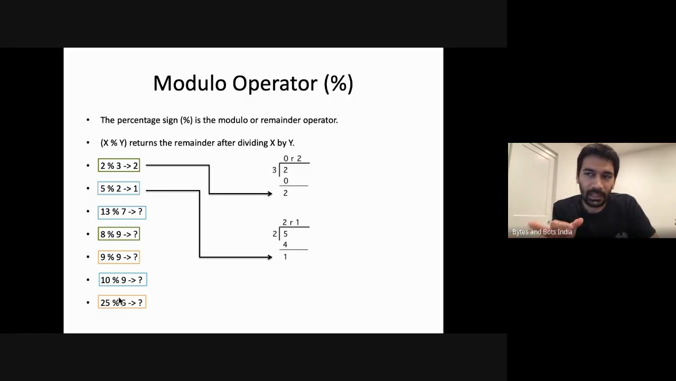Same with 10 modulo 9. The result is 1. Now you subtract 1 from 9, you'll get 8. You add 8 to 10, and that makes it 18, which is completely divisible by 9. So what this remainder in these 3 cases tells us is 2 things. You can find out